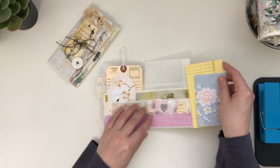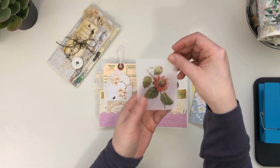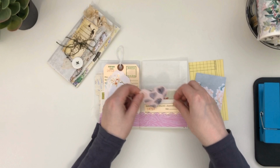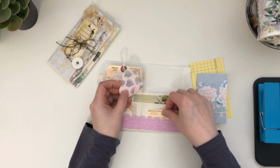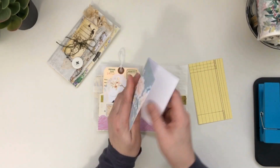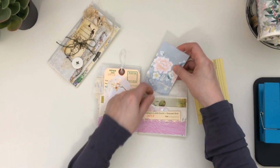Here we have the other pockets. I've added another vellum printed floral. Isn't that beautiful? I love how they came out. So there's that for that pocket, and then 2 little pieces of ephemera here. And of course these can be filled with so many things, but I just wanted to quickly show you guys this one. This is just leftover paper that I had. I made a little